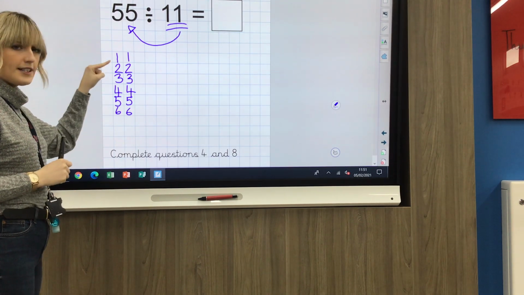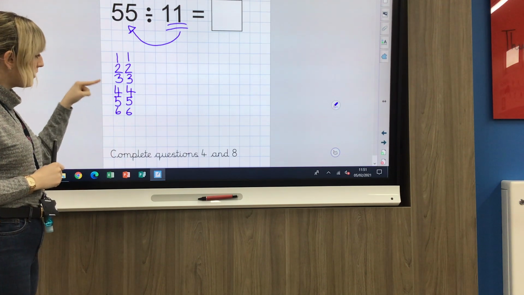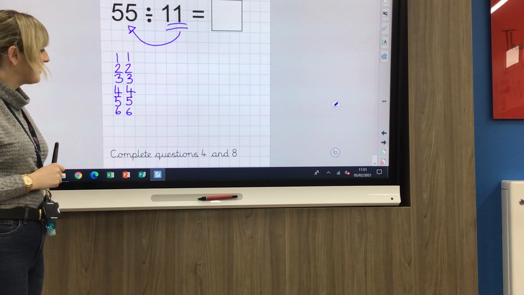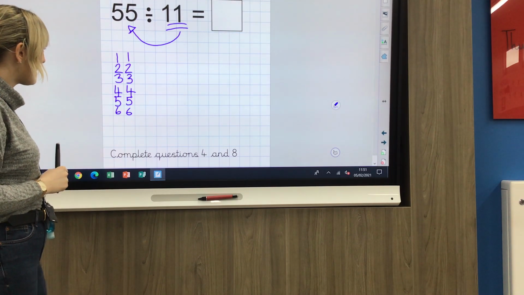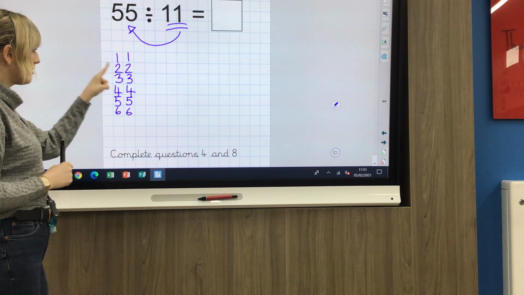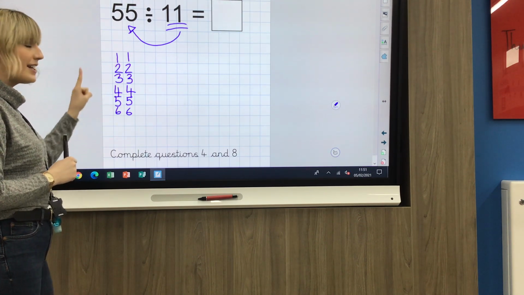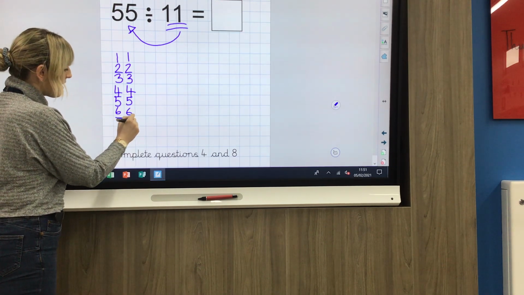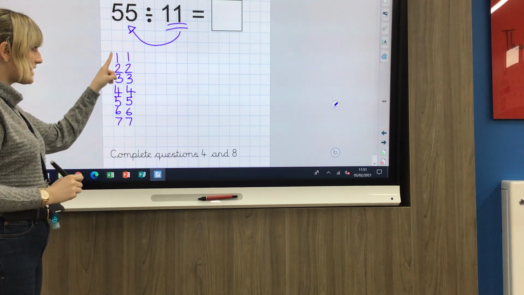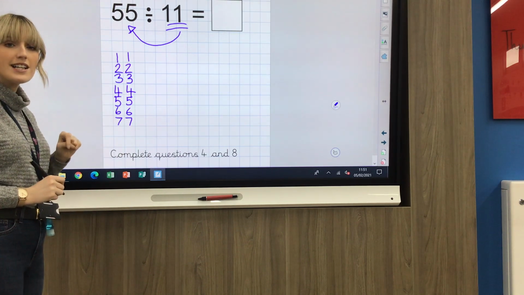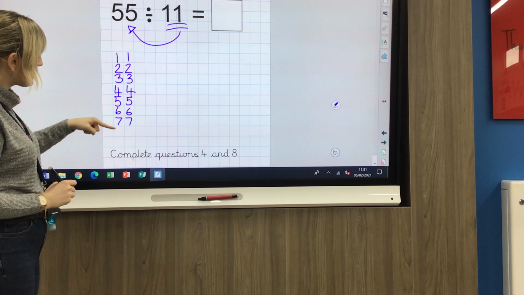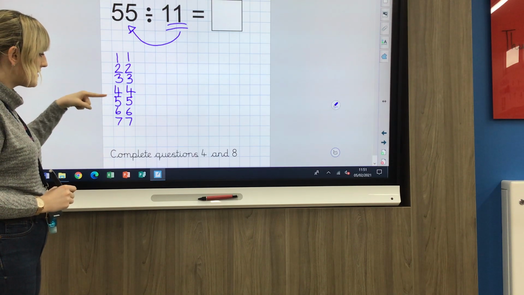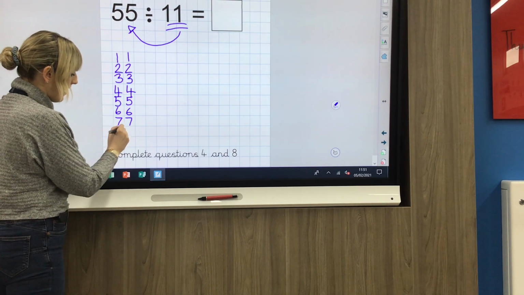11, 22, 33, 44, 55, 66. Are you spotting a pattern? I'm sure you are. What's the next number going to be? So a 1 and a 1, a 2, 2, 33, 44, 55, 66, 77. So we notice that the digits in the 10s and the 1s are the same, and we just add in 1 each time. So 11, 22, 33, 44, 55, 66, 77, 88,